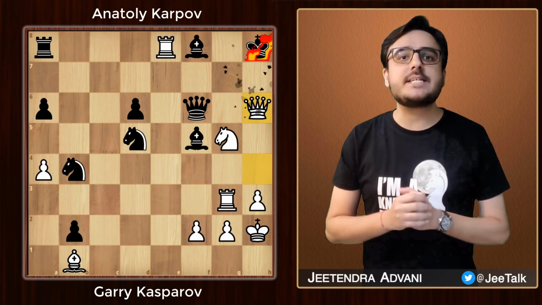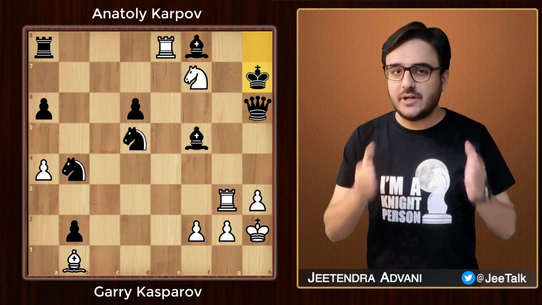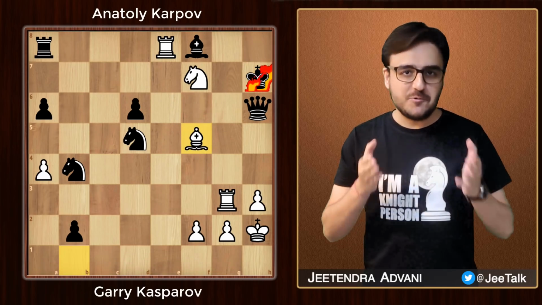A brilliant queen sacrifice. That's a beautiful fork, and white is just crushing it. What moves? What style? Garry Kasparov is an absolute genius. Want to see more? Well, in today's chess video, we are going to explore some of the most incredible moves